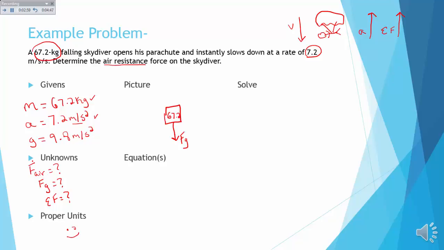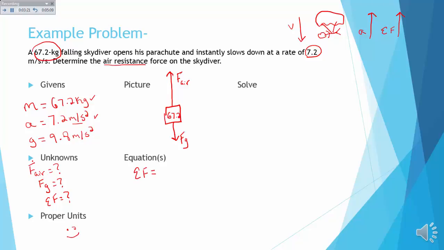Now, before we stated that the net force has to be upwards, so they are accelerating upwards. So we know that the air resistance force has got to be greater than the weight that is acting on the skydiver. Once you have your free body diagram, I would start off by writing down my net force